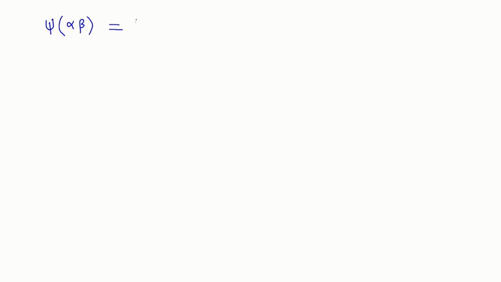Well, I want it to be psi of alpha beta equals psi alpha times psi beta in kG op. So let's just check it on the basis elements. Let's take alpha to be the special element 1_g, and beta to be the element 1_h, fixing two elements g and h from G. Let's see whether this is at least true on the basis elements.